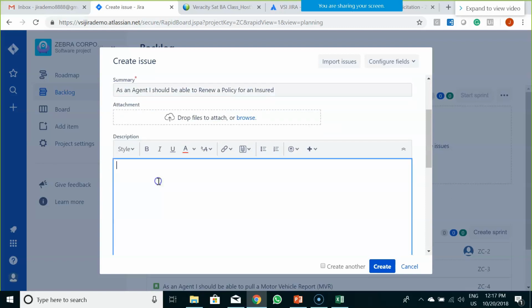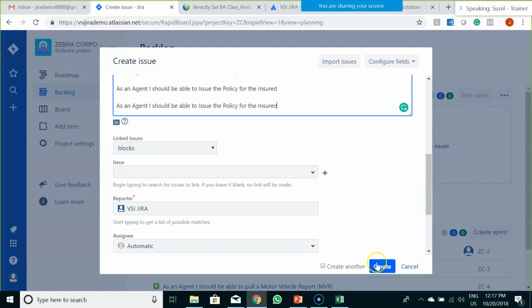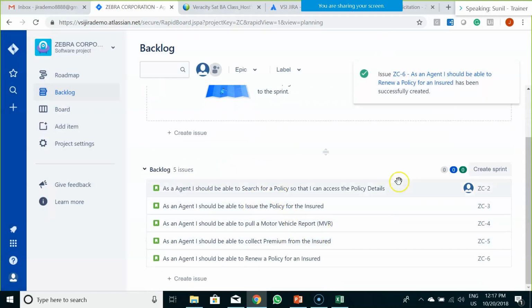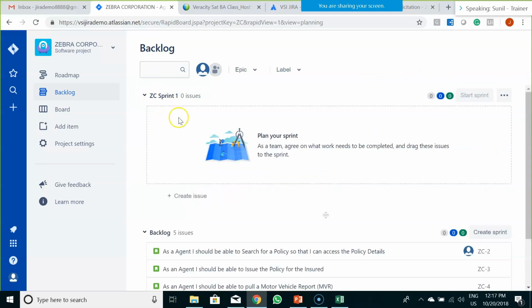These are some of the functionalities that I am looking for in this particular system, the insurance system. So we have 5 user stories at this point of time, and we do not have any user stories in the sprint at this point of time. So if we see sprint 1, it is completely blank.